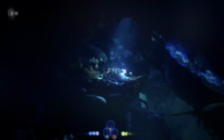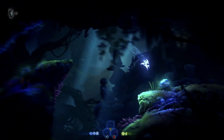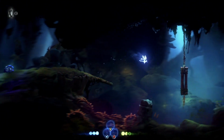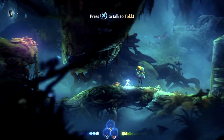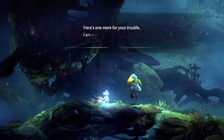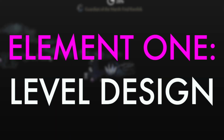This isn't a list about what defines a Metroidvania, which are things like ability gating and interconnected areas, but instead, here are 6 crucial elements that take an average experience, turn it into something great, and truly define what makes a great Metroidvania. Element 1 is level design,